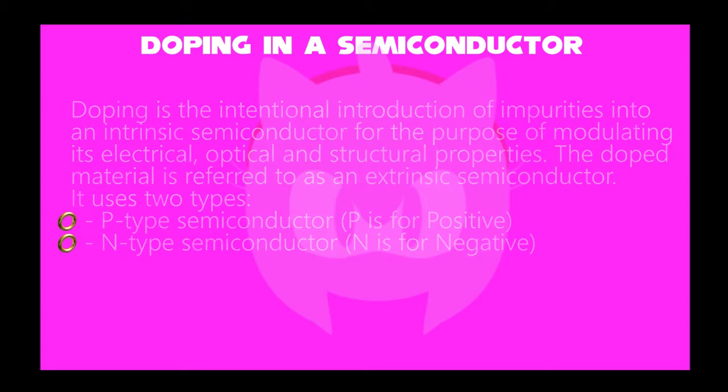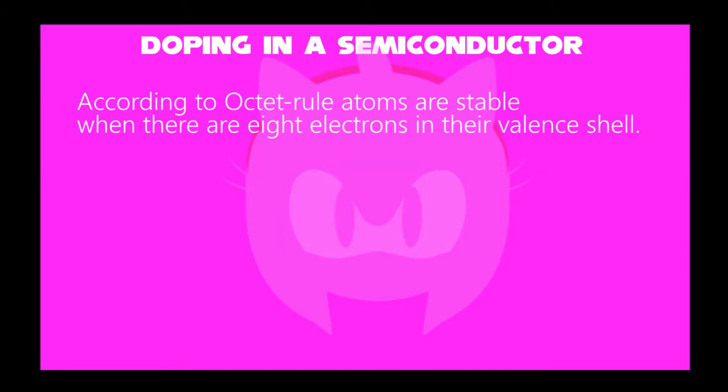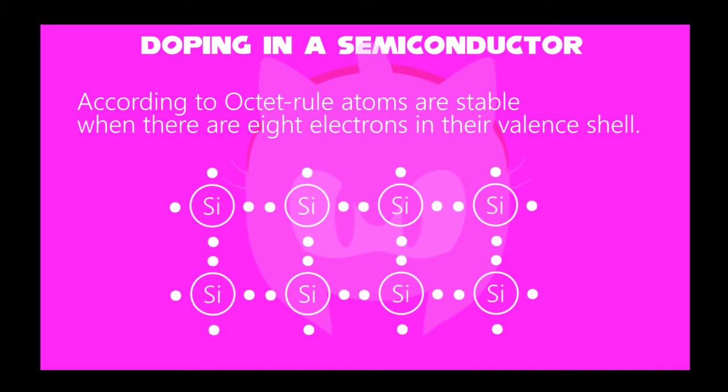This is in accordance with the octet rule. Atoms are stable when there are 8 electrons in their valence shell. If not, atoms readily accept or share electrons with neighboring atoms to achieve 8 electrons in their valence shell. In the silicon lattice, each silicon atom is surrounded by 4 silicon atoms. Each silicon atom shares one of its electrons in the valence shell with its neighboring silicon atom to satisfy the